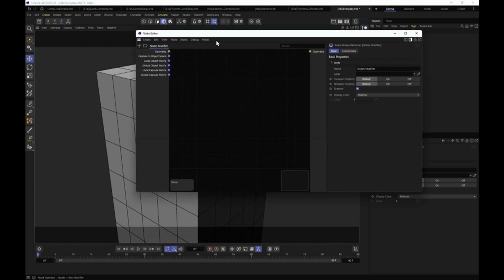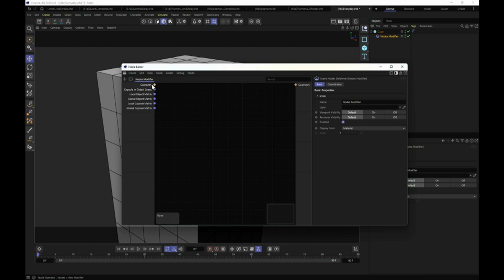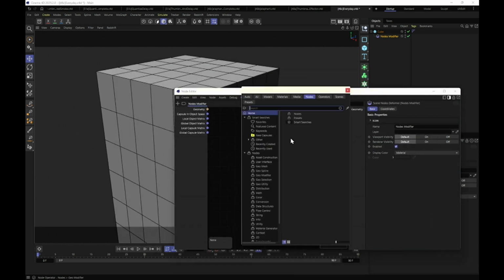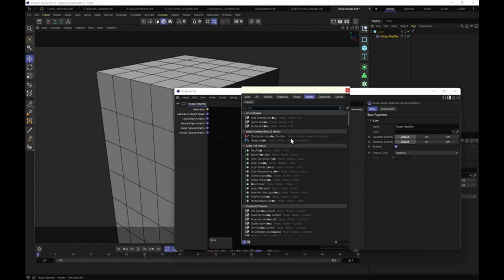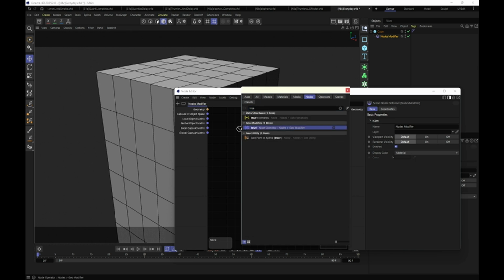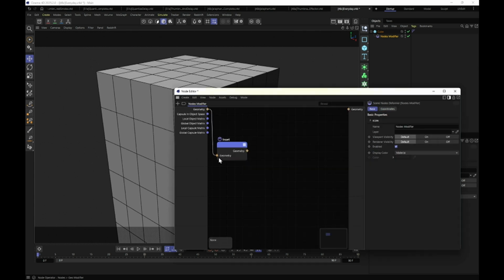Now that we're inside of here, you can see we've got an input called geometry coming in, and we can say we're going to change it somehow, and then output geometry. It's as simple as that. So we can do the exact same setup that we had just done. If I double click and search for inset, and drag that in, and say, okay, geometry to inset to output,